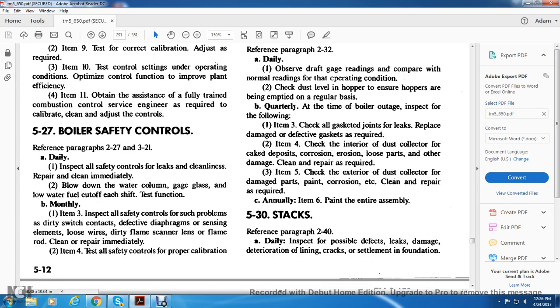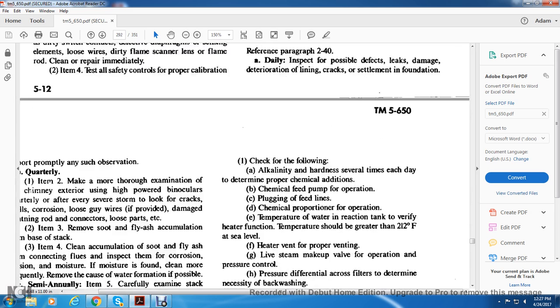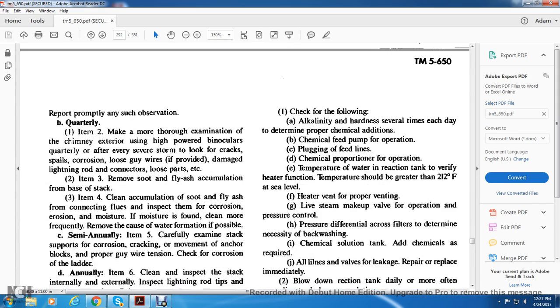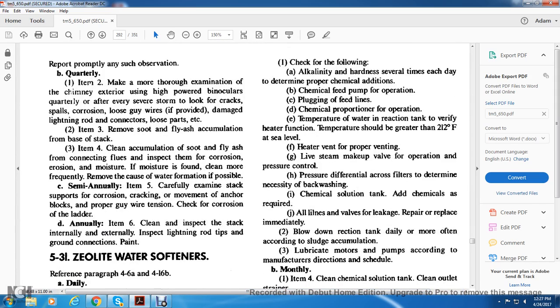530, stacks. Reference paragraph 240. Daily, inspect for possible defects, leakage, damage, deterioration of lining, cracks, and settlement of the foundation. Report promptly any such condition. Quarterly, item 2, make an examination of the chimney exterior with high-powered binoculars, and after every severe storm. Look for cracks, corrosion, loose guy wires if provided, damaged lightning rod, loose connected parts,